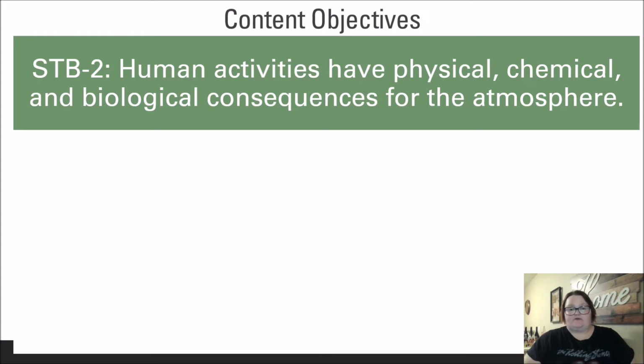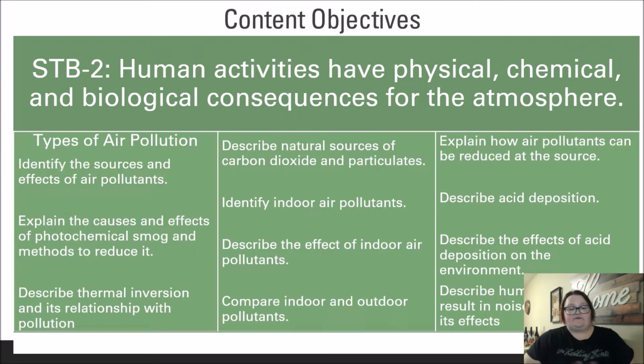Here is our content objective for this lesson. Human activities have physical, chemical, and biological consequences for the atmosphere. At the end of this lesson, you should be able to identify the sources and effects of air pollution, explain the causes and effects of photochemical smog and methods to reduce it, describe thermal inversion and its relationship with pollution,